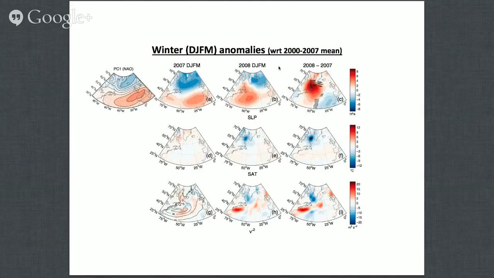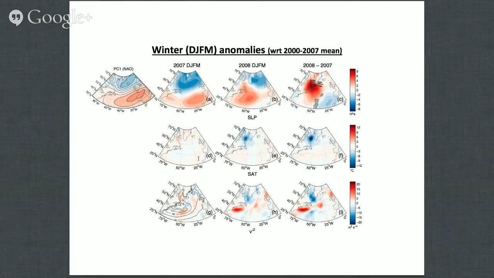And in 2008 winter, the pattern is not like the NAO anymore, and the pressure center is located on the western side of the North Atlantic. So there is a stronger pressure gradient over the Labrador Sea, because the pressure centers are located in the western part of the North Atlantic. So you have colder air temperature in 2008 winter, but you don't have that cold condition